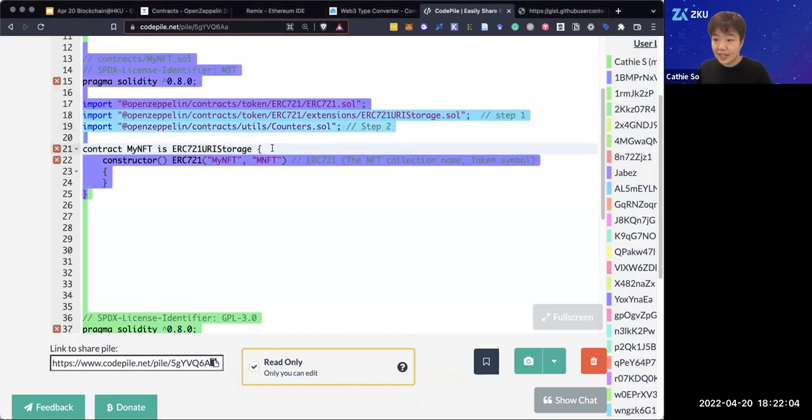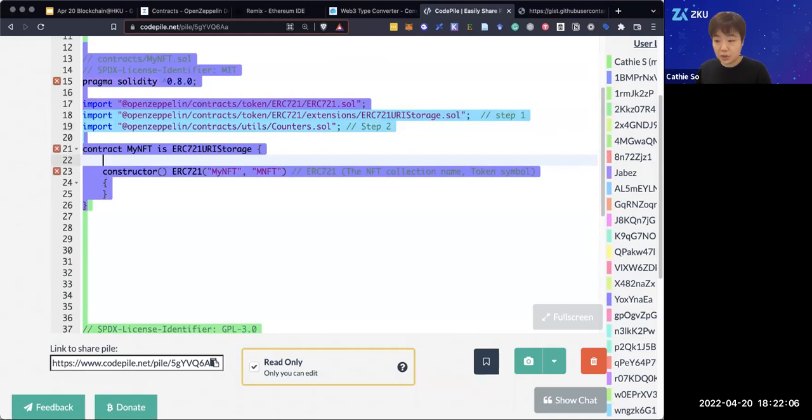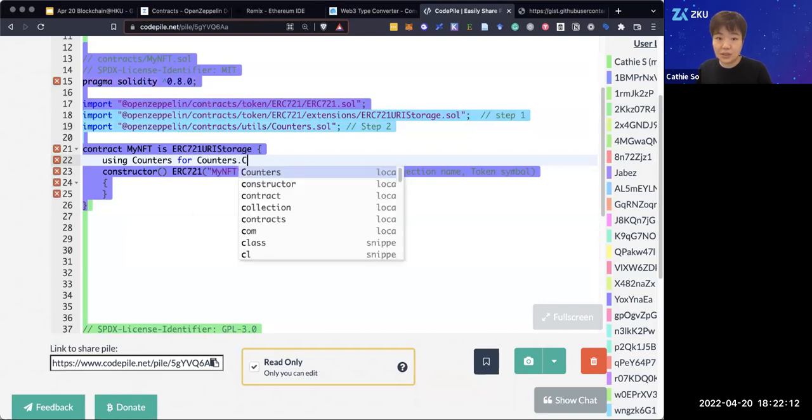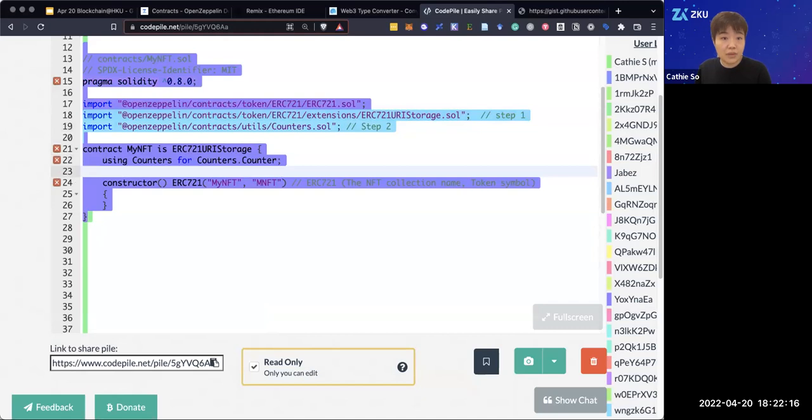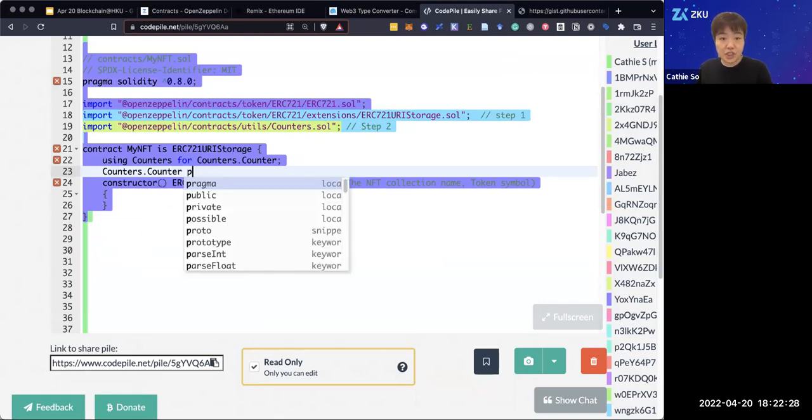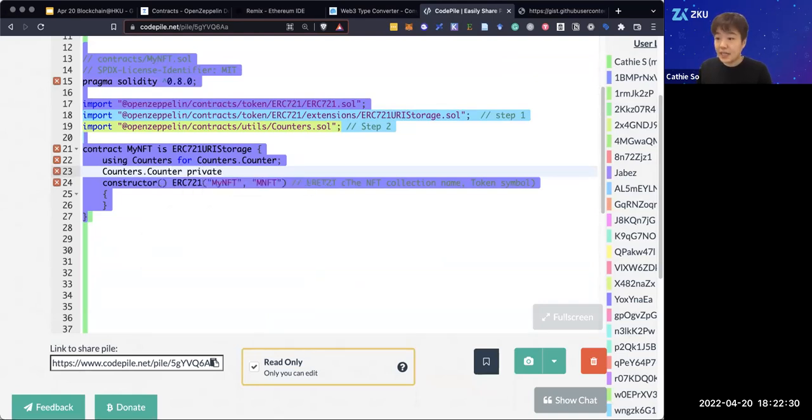So the way I do so is I can say, let me use counters for counters.counter. Okay, so I'm asking my contract to please learn to use this function, counters. And then I will have a special data type, which is private, because I don't need